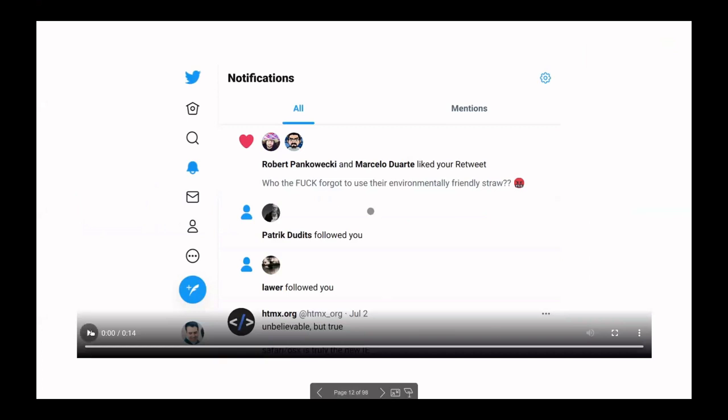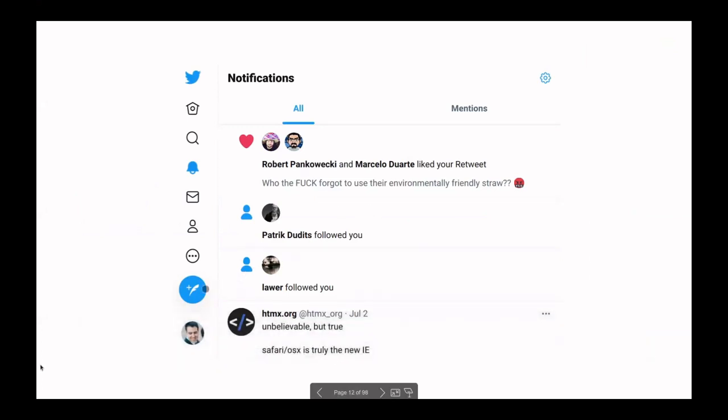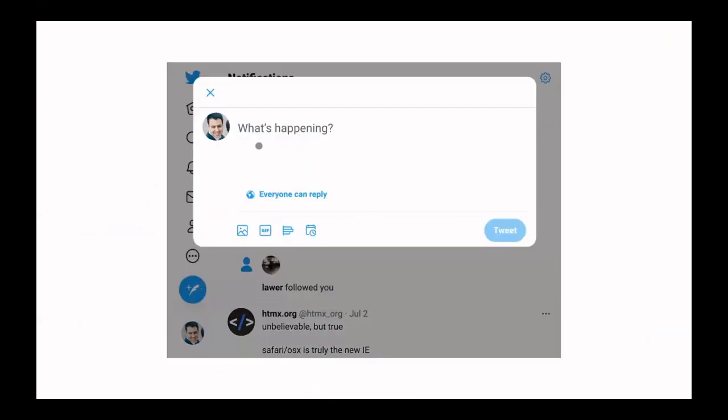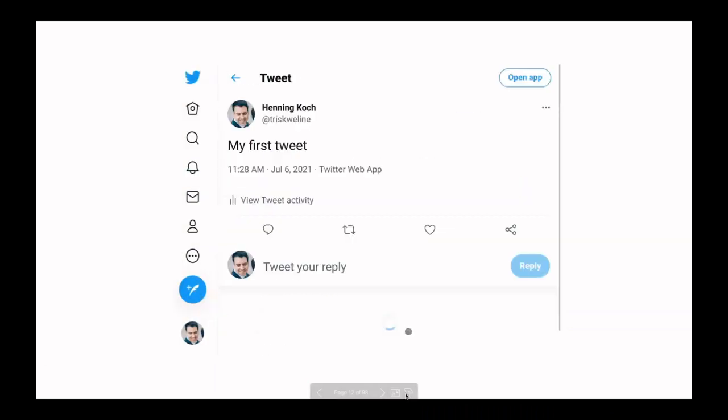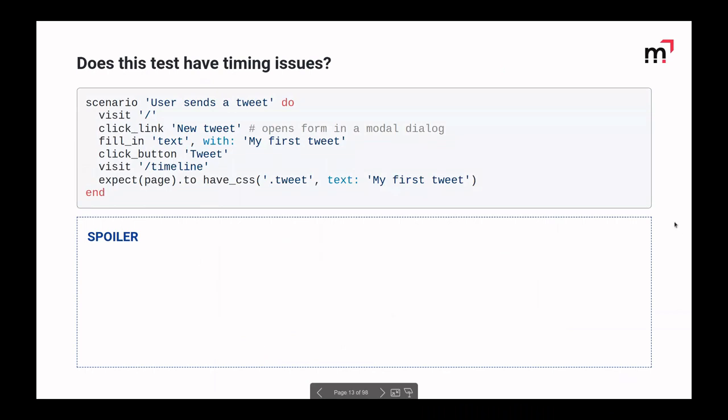So you remember the tweet example from earlier. We open the new tweet dialog, we enter the tweet, we press the tweet button, and then the tweet appears in our timeline. So we return to the test that we've written, and again, it could look like this. I go to the root page, I click on the link new tweet, which is supposed to open a dialog to enter a tweet.